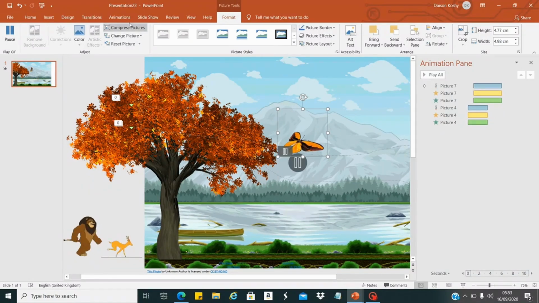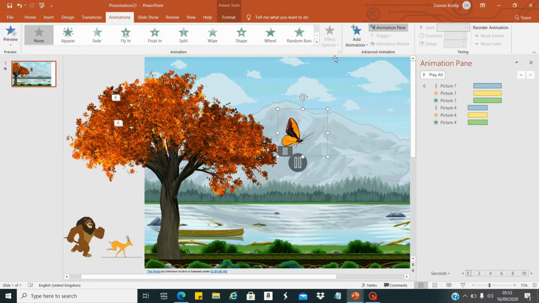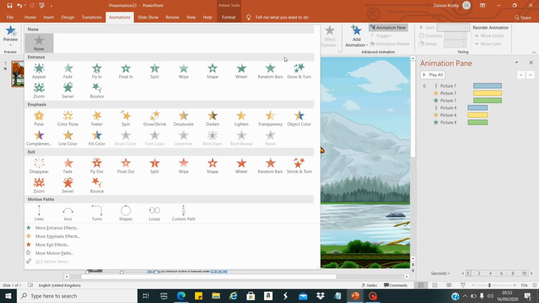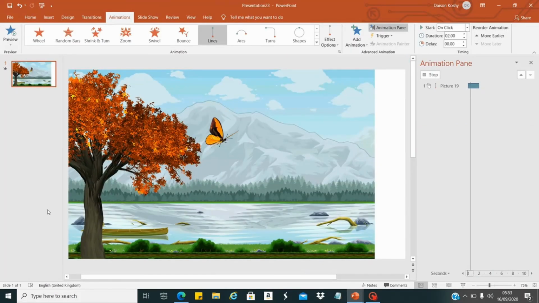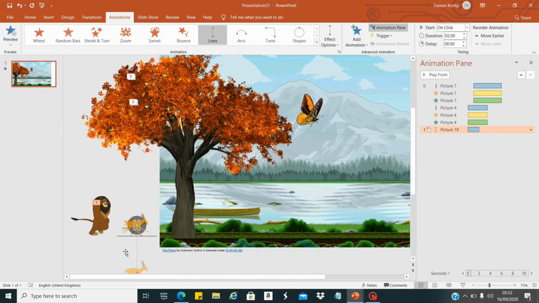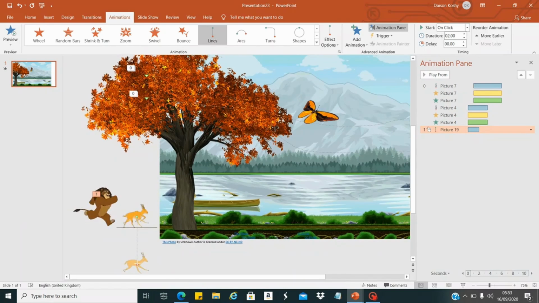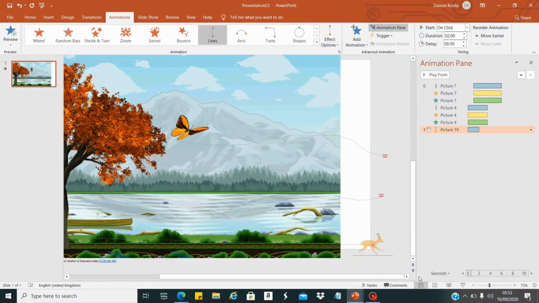Now I will make some animation for this. First I will select the deer image, and from more animation I will click motion path and select the line. By default the line will go down, so you have to select the line from here and drag to the end.